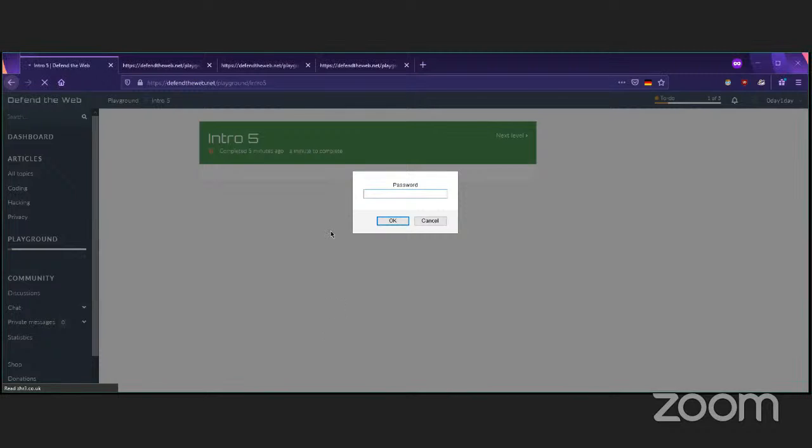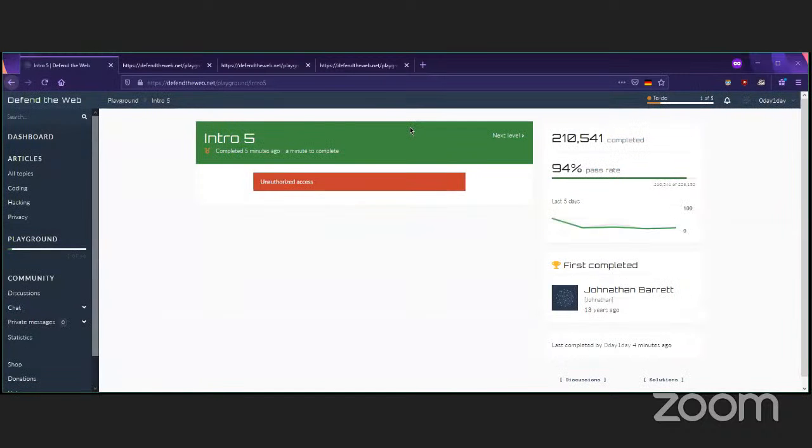If you have not solved this challenge, we are faced with an input box. It's actually an alert box for the password field. You can type something random, and it gives you invalid, unauthorized access, right? Same thing happened as before. Let's see if we can actually read something in the source file for this one.